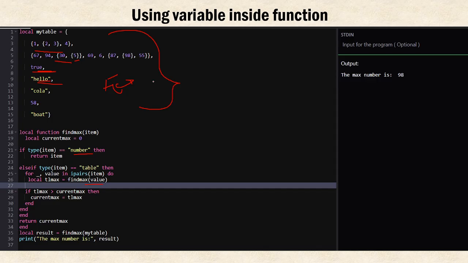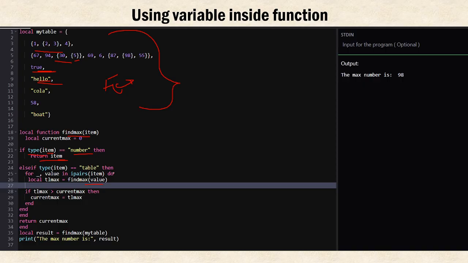So the function starts in this local find max item. I created this local current max equal to 0 to keep track of the biggest number inside the current level, right? I used if type of item equals number, then item is returned back. Okay, then we move to else if. What if it's not a number, if it's a table inside of a table? So we will use else if